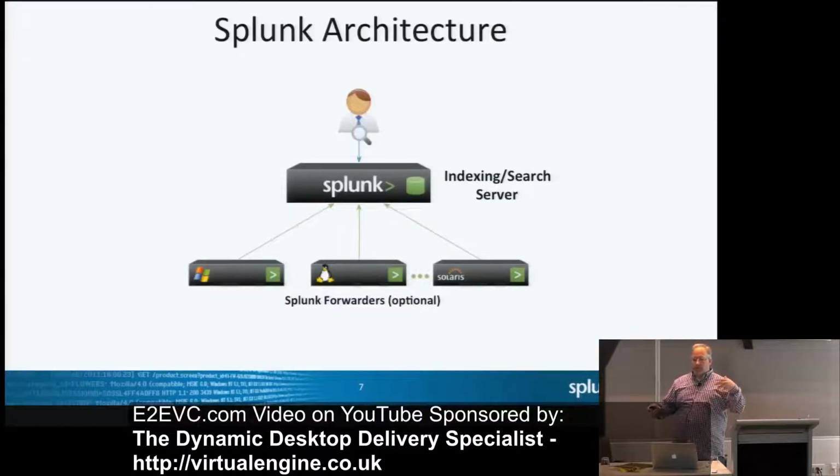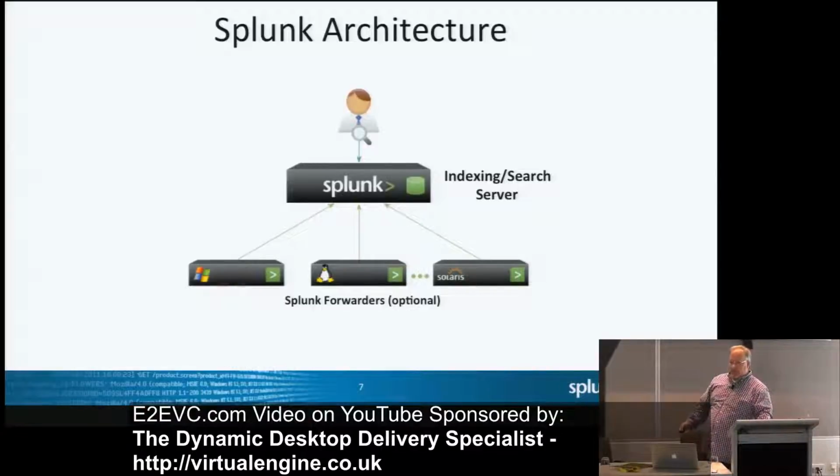If you have a situation where your searches are getting slow or you want to have more data, you can have as many of these servers as you want. It's as simple as putting up another server, installing Splunk, and pointing the forwarders to it, and you're done. You don't have to do any configuration. You don't have to set up clustering. It just manages all that stuff on its own. You just tell the search head, these are the indexers that have the data, and it will handle all the rest. Make sense?